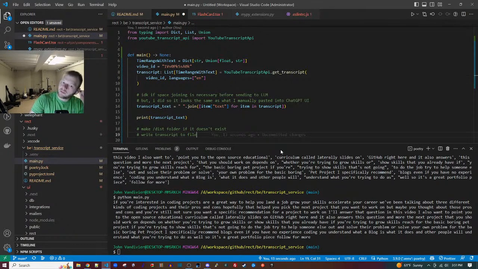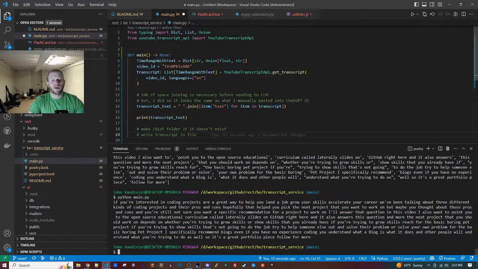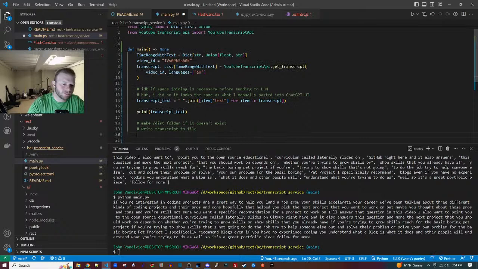So when do we prompt it? Ooh, I can tell it to have these have little IDs. So the URL basically is an ID. Okay, so write the transcript to file.